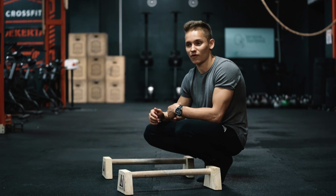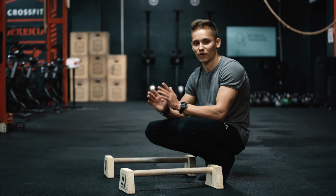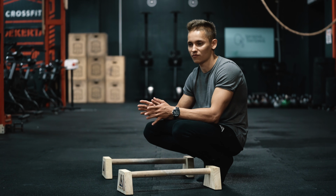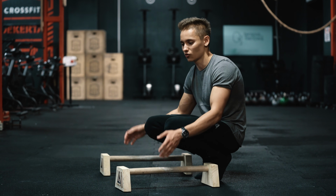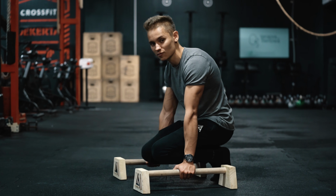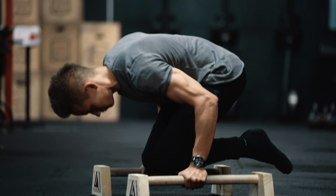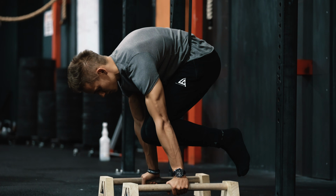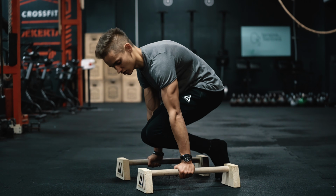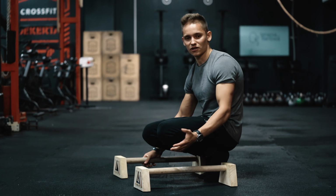Alright guys, the third tip is about the workout methods, and the one that I found the most effective is that obviously you should pay a huge attention into the strengthening exercises, and I usually have a bit higher volume at the beginning of the workouts, so we want to implement all the strengthening exercises that are going to prepare you for the advanced tuck planche. So whenever you have all the exercises such as, let's say, planche leans, Zanetti flies, the band assisted tuck planche and so on, once you master those basics and you're able to hold the solid tuck planche and also advanced tuck planche, you feel really stable on that,